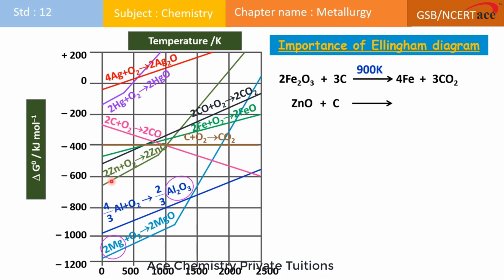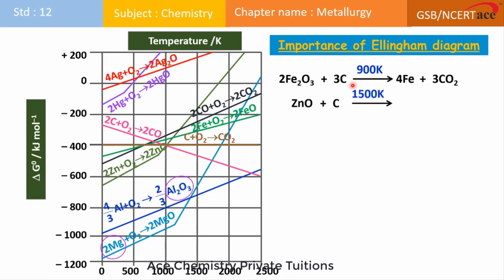Yes, zinc oxide is at the lower part, which means zinc oxide has a more negative delta G naught value. A more negative delta G naught value of ZnO indicates ZnO is more stable. If ZnO is more stable, zinc is not ready to leave its oxygen. Even if we mix carbon,